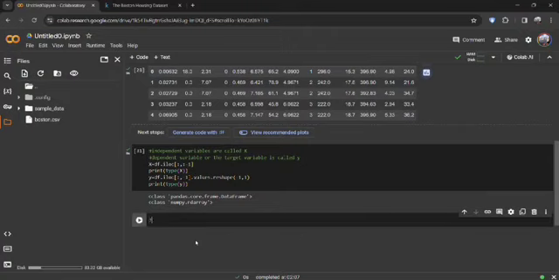Now let's start the linear regression. First import the linear regression library and module function from